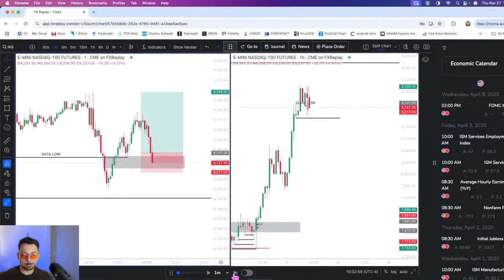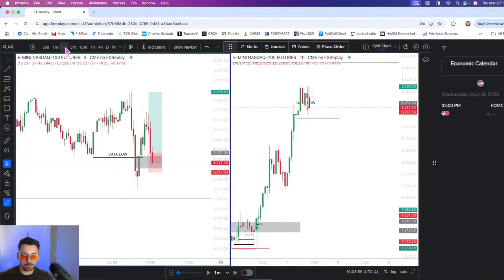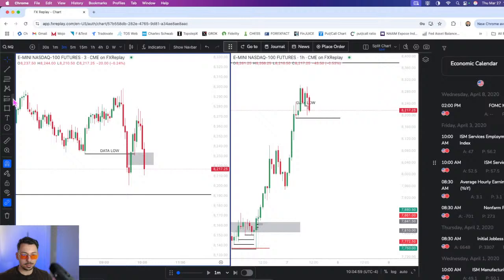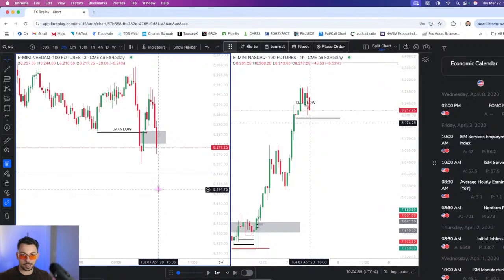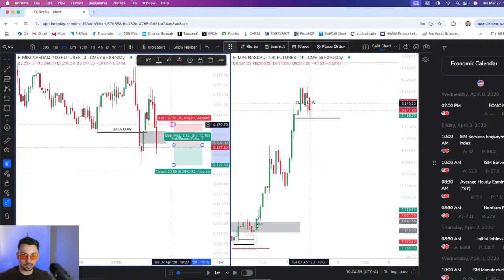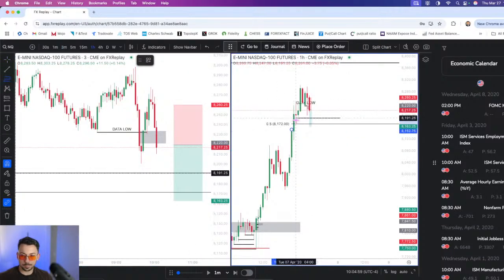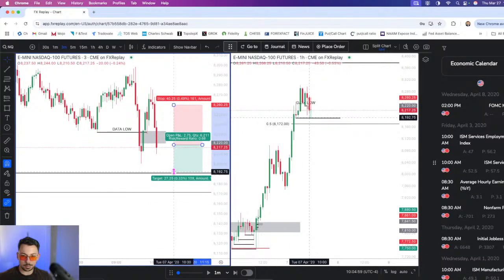Uh-oh. Okay, so to me, this actually looks like a pretty decent short. Let me look at the 3. Okay, if this 3-minute closes below, I'm going to try a quick scalp down to there, if it gives it to me. All right, I'm going to try this really quick. Small size. And I'm not actually going to take profits here. I'm going to take profits somewhere down here. So my stop is actually going to be quite high on this. I'm going to target the mean threshold of this fair value gap. So this is going to be my TP.